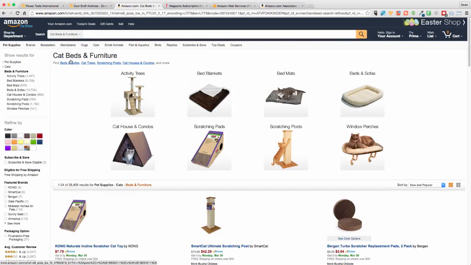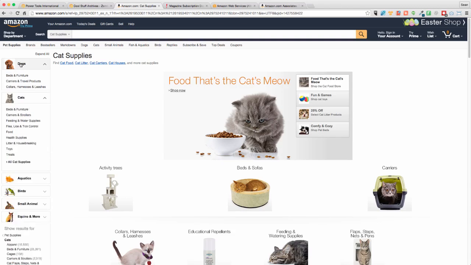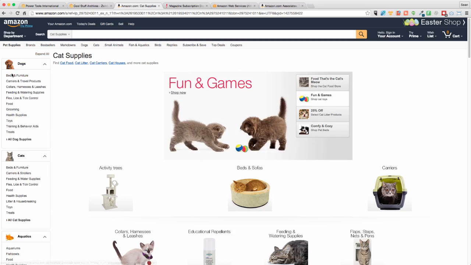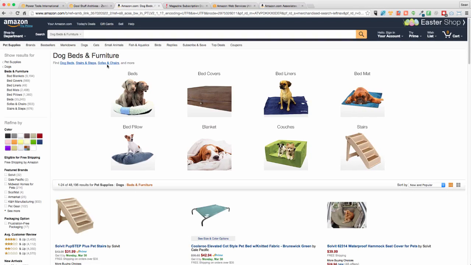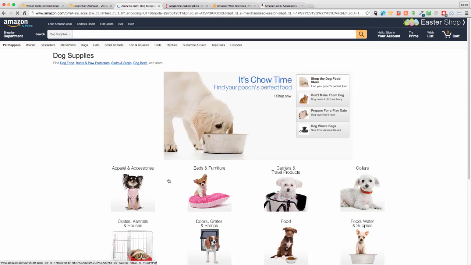In fact, for the sake of this demo, I'm actually going to create a dog store. So let's go all the way back to pet supplies, and then we can go into the dog store here.